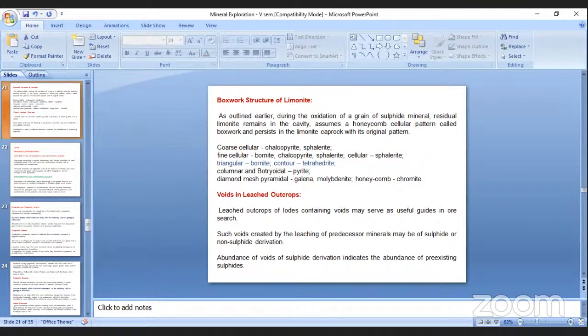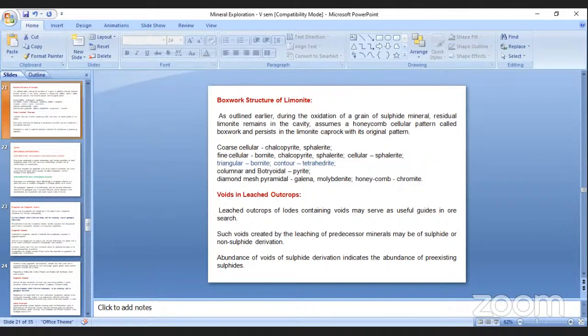And the boxwork structure of limonite. During this oxidation, the grains of sulfide minerals leave residual limonite, remaining material formed in a cavity, and it shows honeycomb cellular patterns. Such patterns are called boxwork, and persist in the limonite cap rock, formed in the